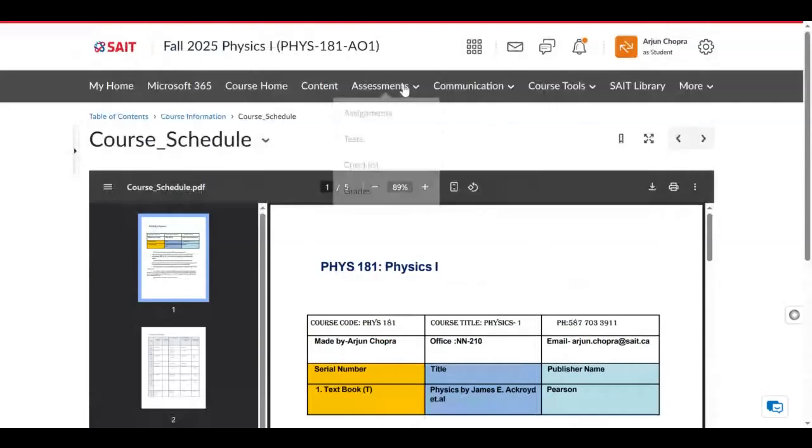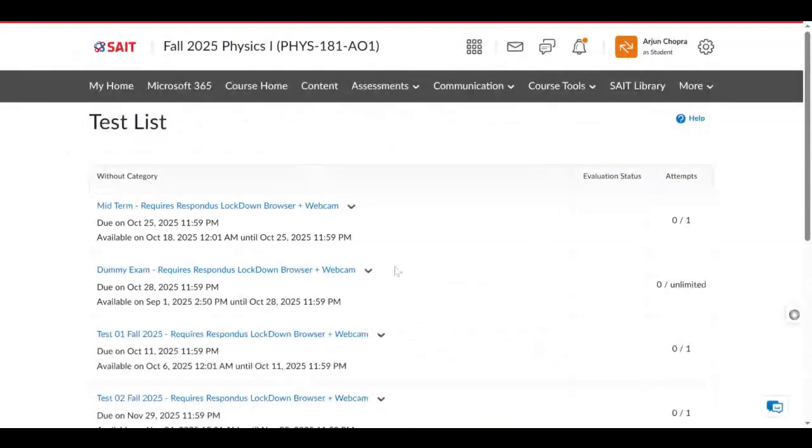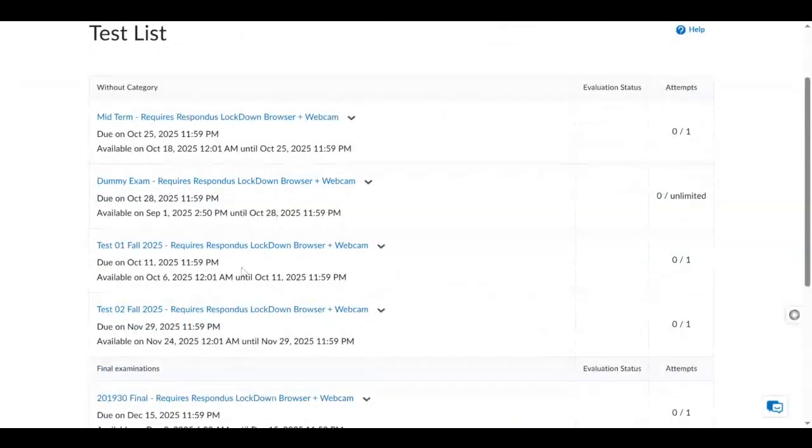So I'm going to click on Assessments, then click on Test down here. The specific dates for the tests are provided to you. This test is due on October 11th. First test is due on this day. The majority of these assignments are due on Saturdays. So please make sure you specifically note